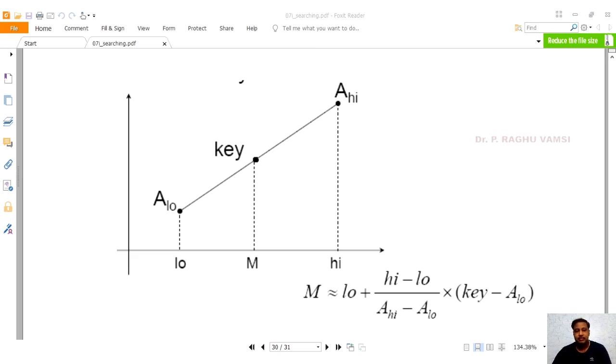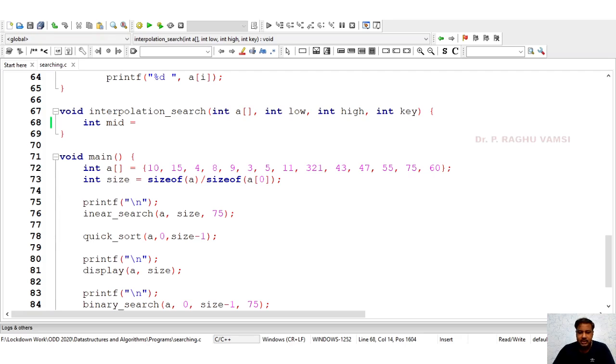If key is less than mid, then high will become mid. Otherwise, low will become the mid. So this thing we are supposed to make, and we need to perform the search. We may code via iteration or we may code via recursion. So let us implement the same formula here.